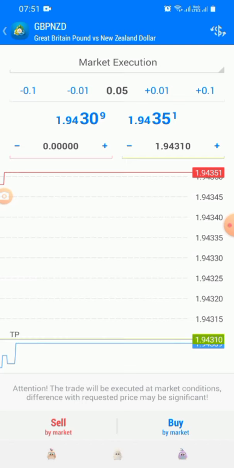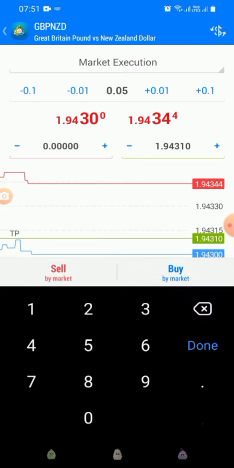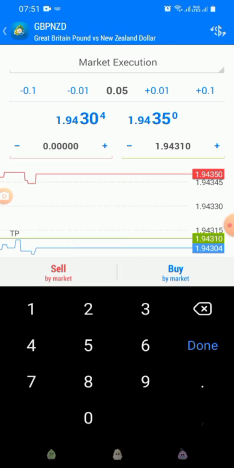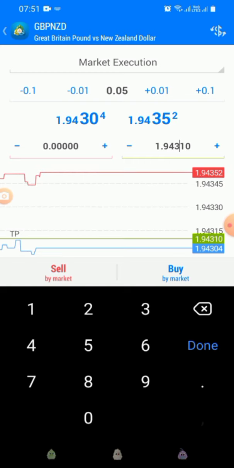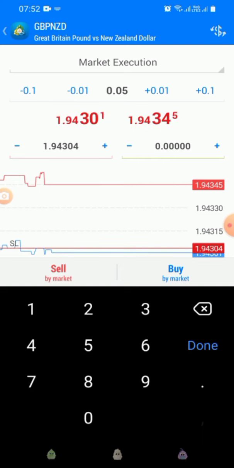This is where you place the take profit. If, let's say, you want to have 20 pips, you adjust here. If you are placing the SL, it is usually on this other side. This is for take profit, this is for SL. If you're setting, you can place SL